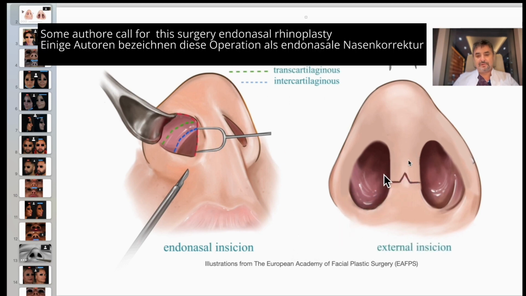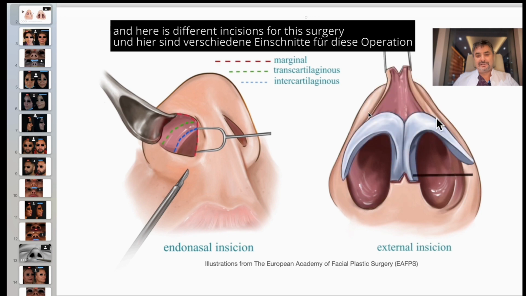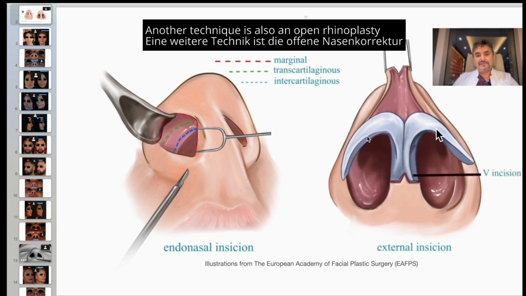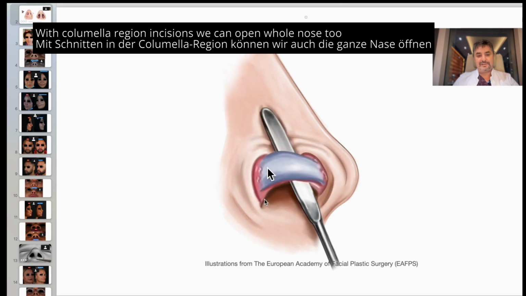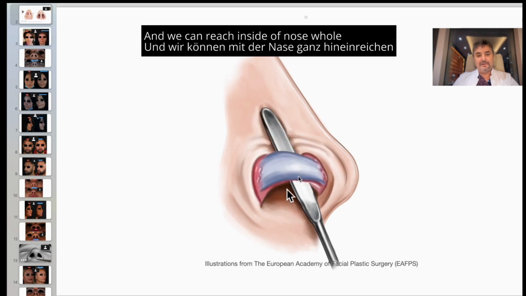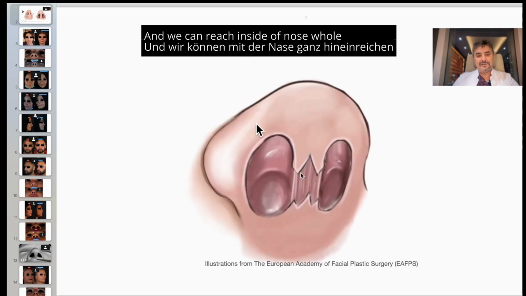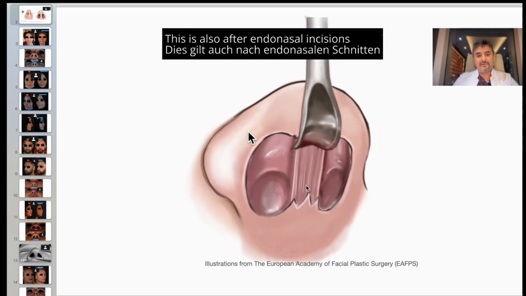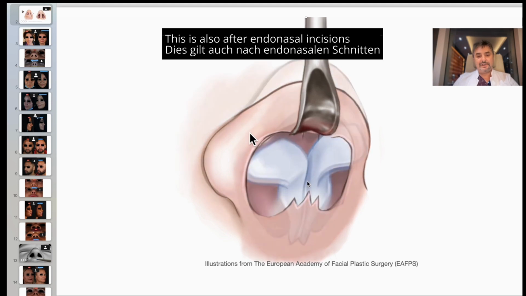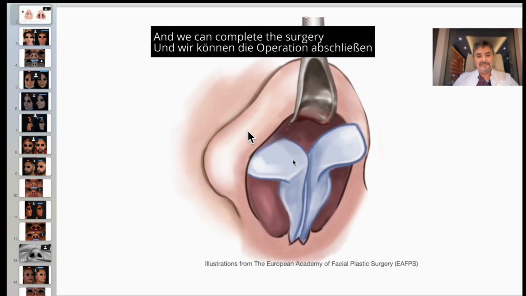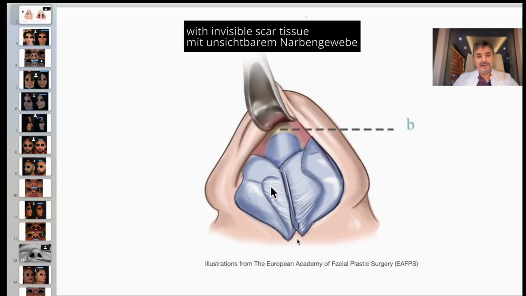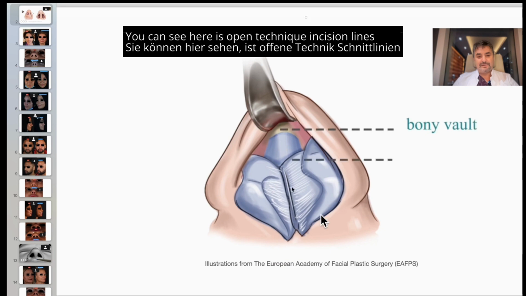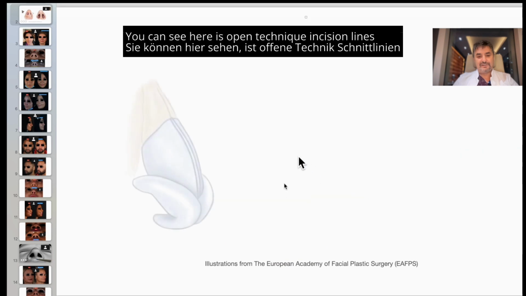This is the open technique with incisions at the columellar region. We can open the nose tip and reach inside of the nose also. This is also after alar wing incisions. We reach the alar wings and we can complete the surgery with these invisible incisions also. You can see here the open technique incision lines, the lower part of the nose, the cartilaginous part of the nose, incisions and other